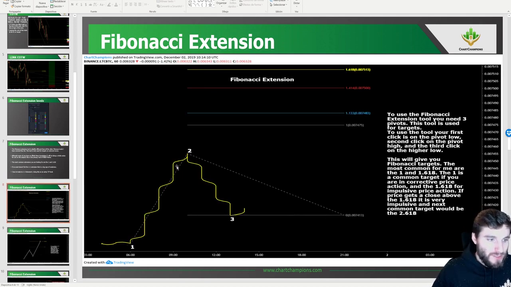As you saw, the Fibonacci extension tool does require 3 pivots. This one for me is a lot easier to teach as I go through examples. I'll go through lots of examples at the end, because I believe it's so much easier to show examples rather than create slides. It was a little bit of a challenge. I've done the best I can with the slides, but me showing you the pivots I'm selecting makes it a lot easier to really show you how to use the tool, if that makes sense.